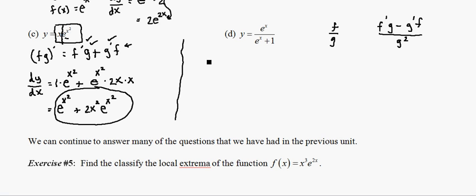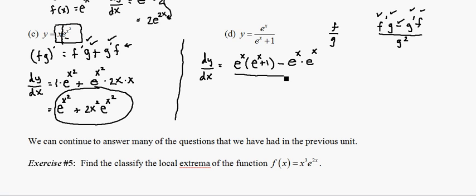Give myself a little line here so that it doesn't get confused with the last problem. dy dx. Alright, the derivative of the numerator. Well, you don't get any easier than that. It's e to the x times e to the x plus 1. Check, check. Minus, check. Alright, the derivative of the denominator. Be careful here. That's just going to be e to the x, right? Because the derivative of e to the x is e to the x, and the derivative of 1 is 0. And then I have to multiply it by the numerator. Oh, got that. That's e to the x. Check, check. And then, of course, I don't want to forget